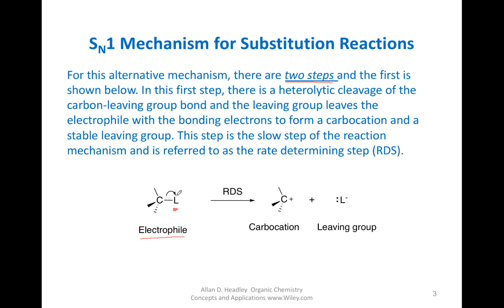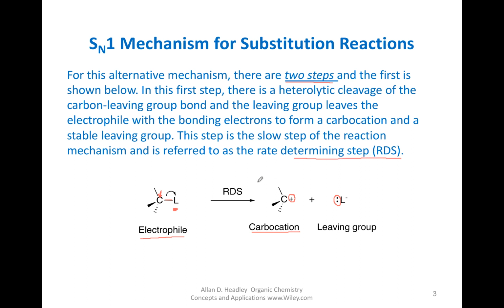It's a double barbed arrow to indicate two electrons from this bond going to the leaving group, and here are those two electrons. What's left behind on this carbon is a positive charge, and of course, as you know, that's called a carbocation. This step is a slow step,